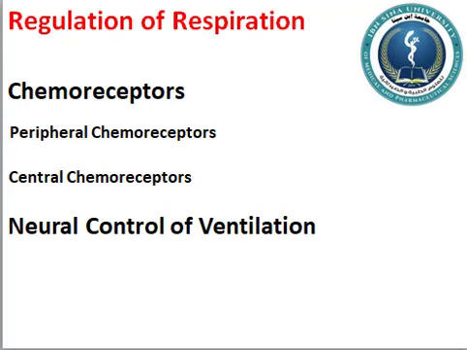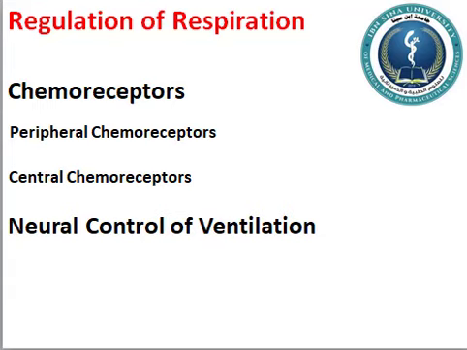Next slide is about regulation of respiration. As we said, respiration is involuntary, and as it is involuntary, it needs some control. The main control center for the regulation of respiration is the chemoreceptor. There are many chemoreceptors in the body. In the lecture of Dr. Haider about the test, there are other lectures on many different types of chemoreceptors. The chemoreceptor we'll discuss here is the chemoreceptor for oxygen saturation or CO2 saturation, and it is of two